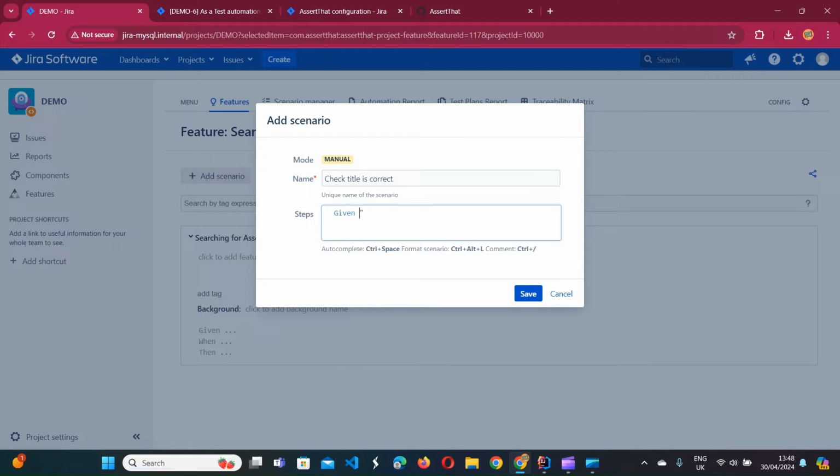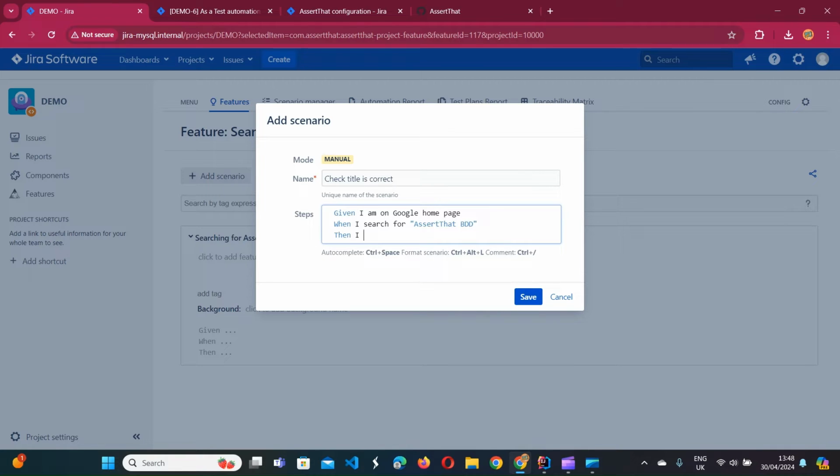In fact, first step, given I'm on Google homepage, when I search for Assert.that BDD, then I see that the first result is, and let's put some expected results.